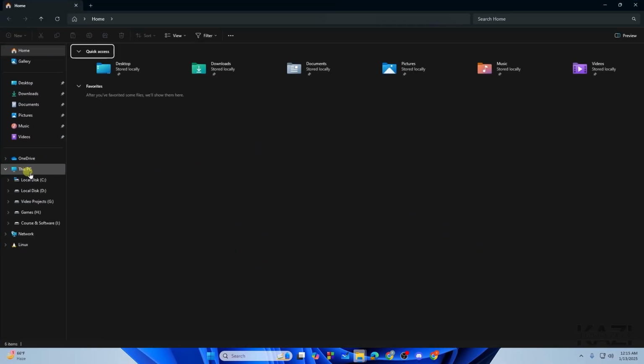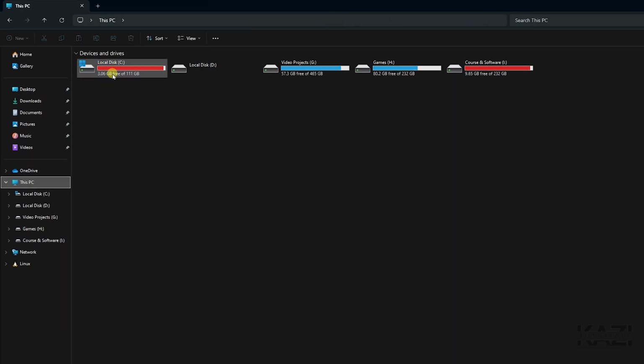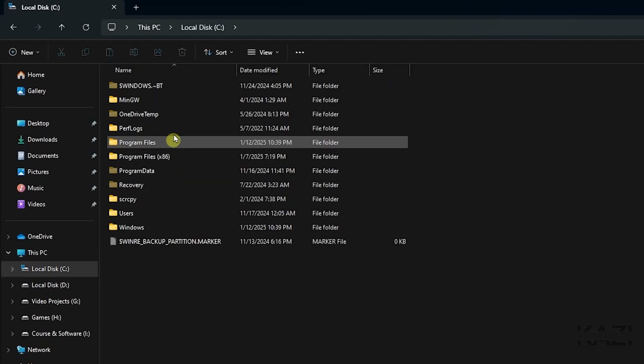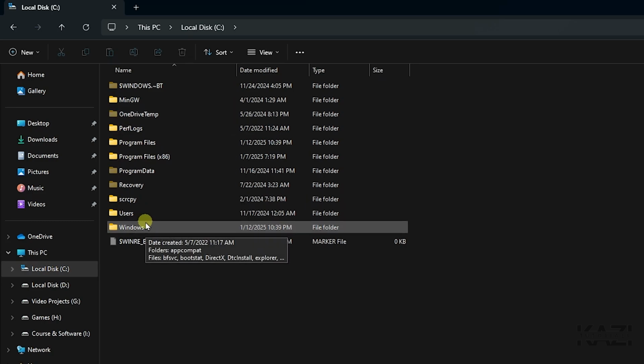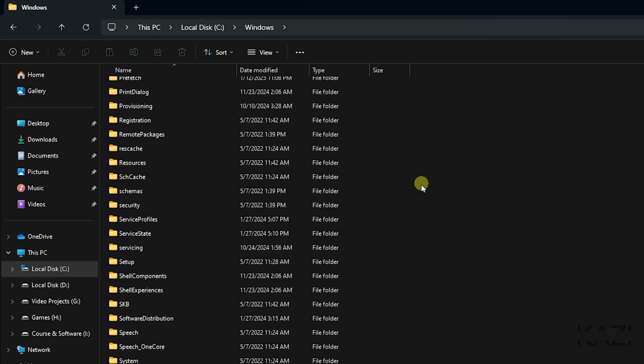Then you need to go to This PC, then go to the drive that you have your Windows installed in. So in my case, I have my Windows in drive C, so I will go into that. And then from here, you need to go to the Windows folder and scroll down and find the software